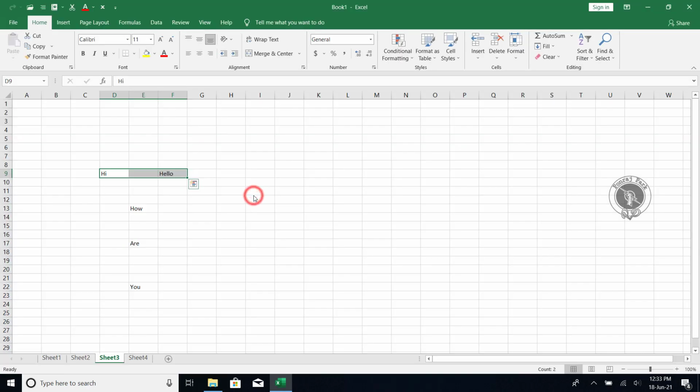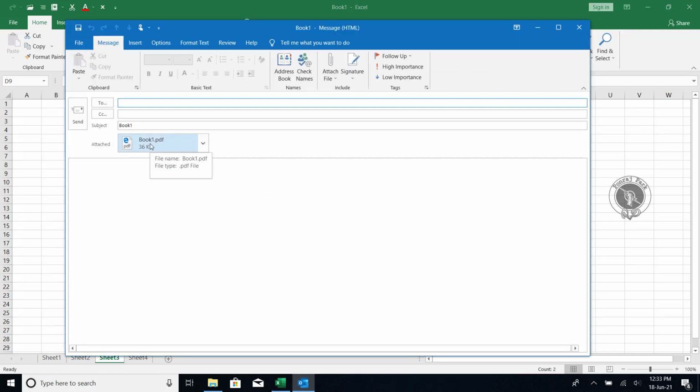For example, if I click here, send as PDF, it is already converted to PDF and attached in my Outlook email. So if I want to send this file to anyone, I can choose this option, because if I send it as PDF, no one can do any editing or any changes. That's why we mostly use this option to send Excel files as PDF.